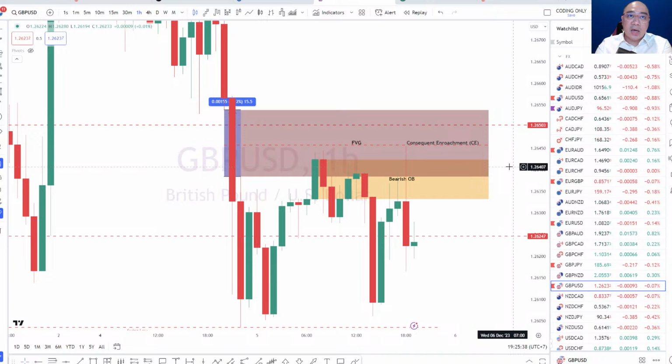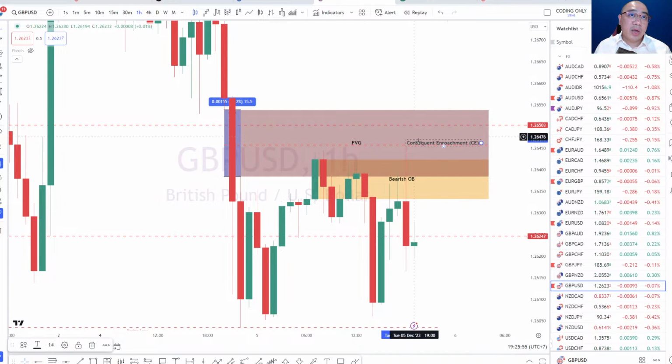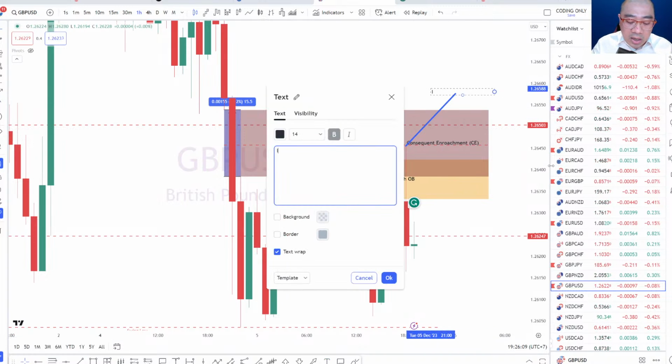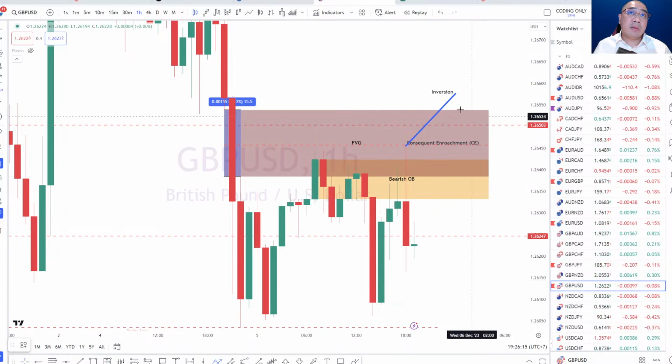The whole idea is that it becomes the limit in terms of where the fair value gap is actually going to work as a potential supply or demand zone, as a potential resistance or a potential support. Now, if price continues to break beyond the consequent encroachment, or CE, it will try to break beyond that fair value gap. And if it does happen, it will likely reverse the trend, and this is something we call an inversion. Okay? So if an inversion does happen, the next thing the market does is come back to the fair value gap itself and bounce up.